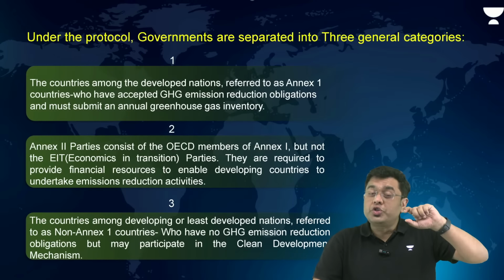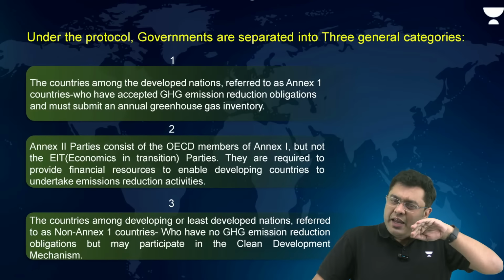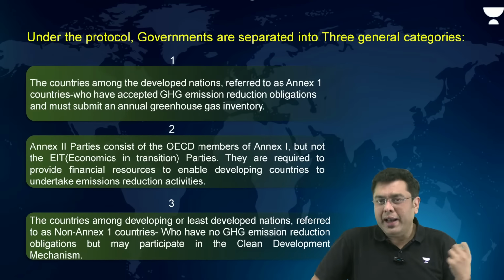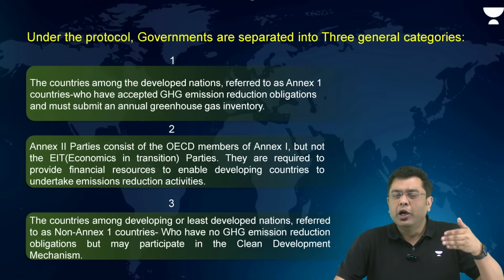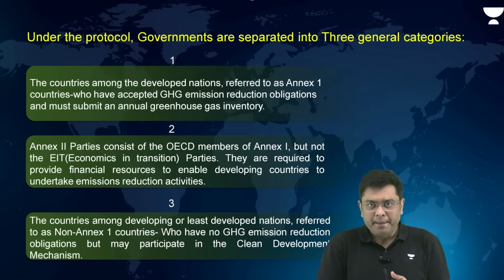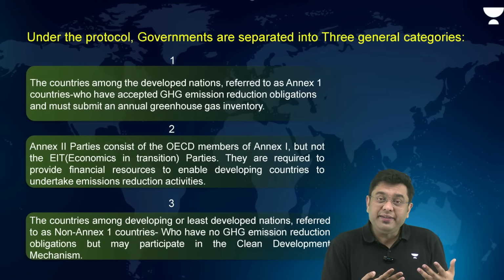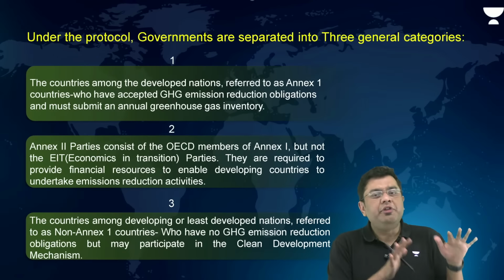You had the most developed nations, for example, the US and so on. Now they were put under Annex 1, right? These Annex 1 parties had a target of reducing emissions and they had to achieve that target. So these were the countries who had the financial wherewithal, who had the technological prowess with which they could reduce